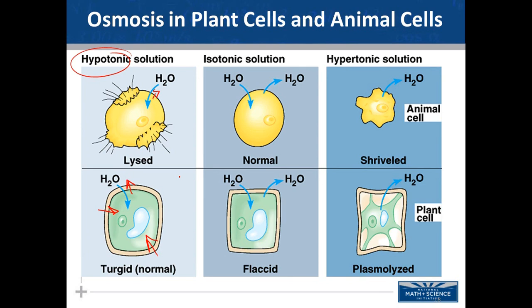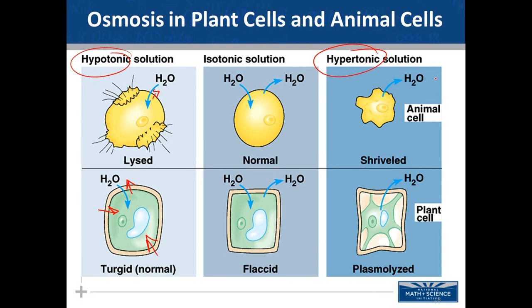This is why when you are dehydrated and you can't drink any water and perhaps you're passed out, they give you an IV in which the liquid is isotonic to the cell. So if you put cells into an isotonic solution in which the solutes inside the cell equal that to what's outside the cell, you're going to have an equal movement of water into and out of both cells. Okay? Now, in a hypertonic solution,